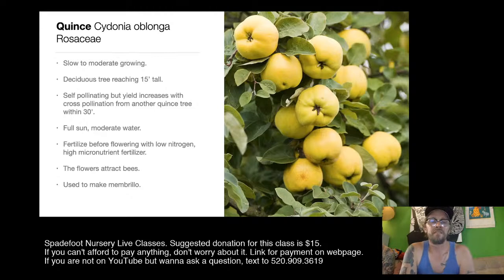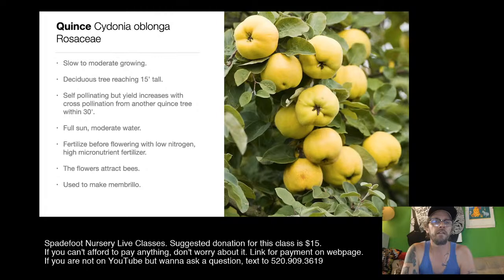But this was a very popular plant during the Spanish era, and it's a cool plant, and it does produce really well here. Full sun, moderate water. They do tend to get chlorotic, so feed with micronutrients. Low nitrogen too. They don't like it. They can get blight if you're bombing them with nitrogen. A very good bee plant,